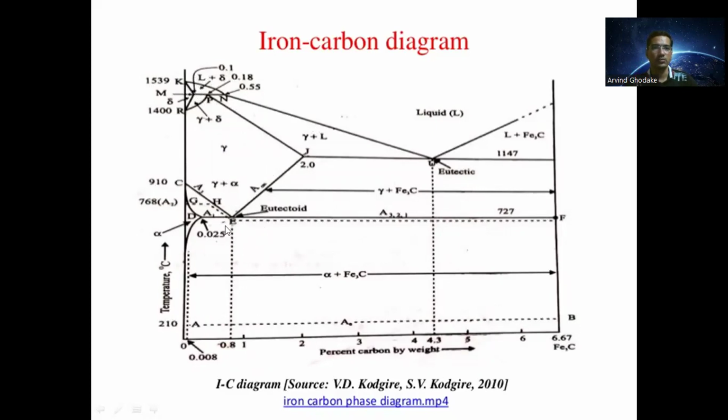Different reactions you can see here for the first region. For this region also one reaction is there. For this region another reaction is there. Then depending on the percentage of carbon and temperature, different phases exist in the diagram. So this diagram is called the iron carbon equilibrium diagram. Here this phase is the liquid phase, this phase is the delta phase, this phase is the gamma phase,